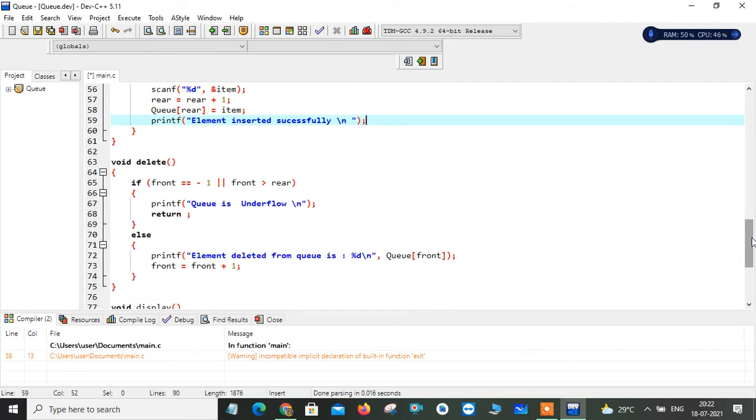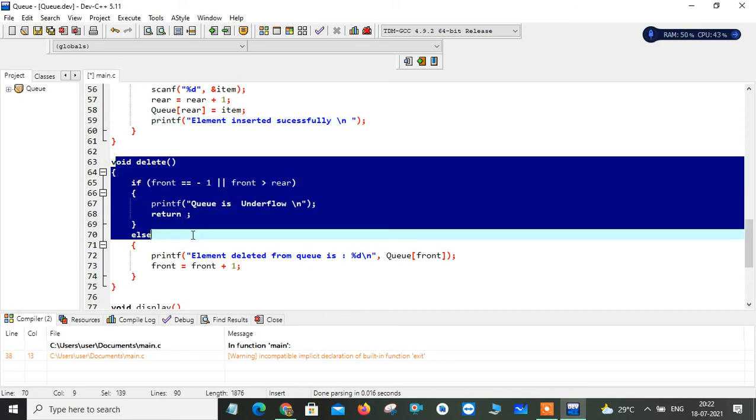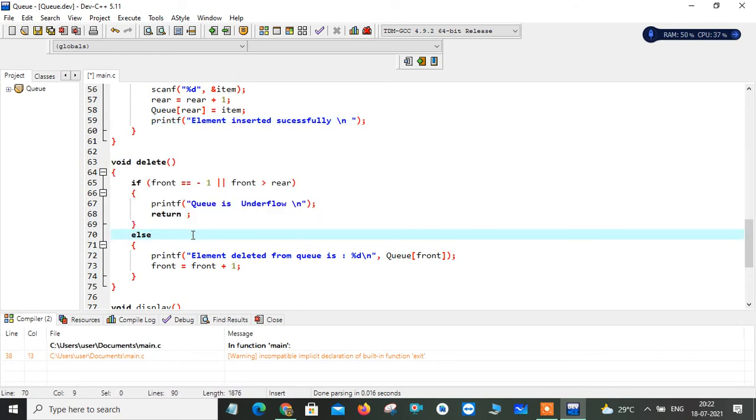This is the second function definition, that is void delete. So we always delete an element from the front. So when you make a queue in front of a theater, or at a shopping mall or somewhere, the new person is added at one end position, and always the person comes out of the queue from the other position, right?